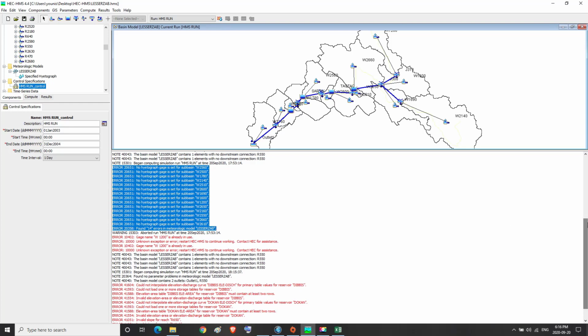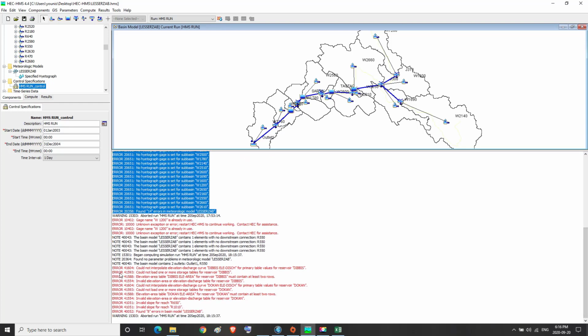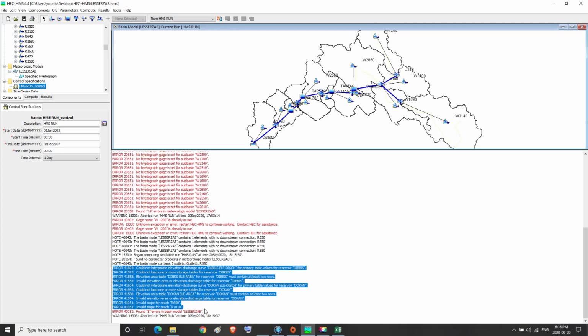In this part, we finished treating the previous errors, and we will treat the rest of the running errors in the next part.